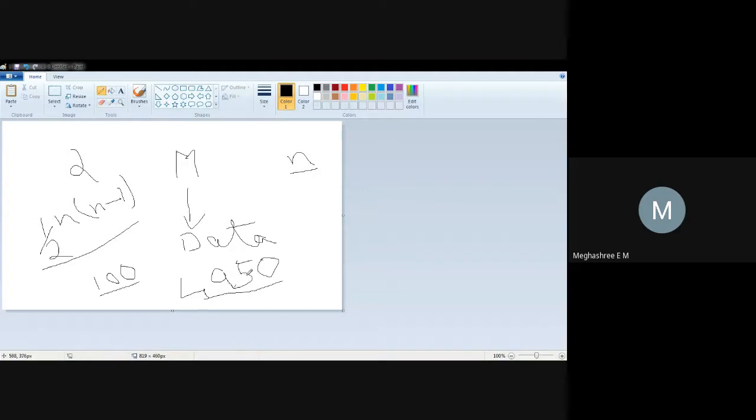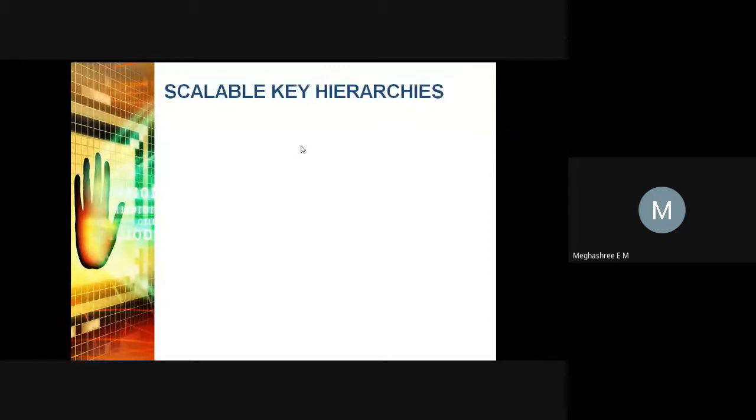So that's why what we are following here is the concept of KC, that is key center. We'll see that in the slide. So to overcome the problem that I explained in the previous screen, KC is followed, that is key center.